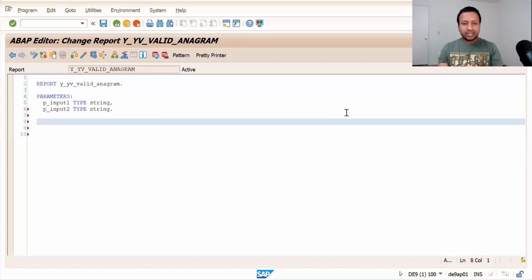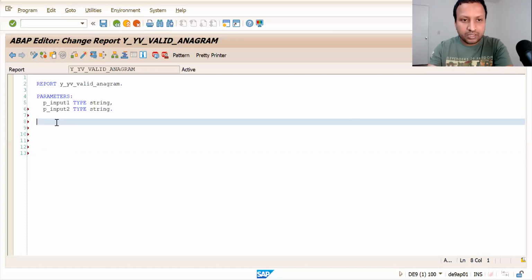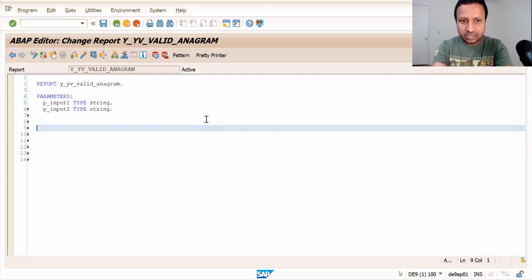Let us go ahead and code it and see how it looks in SAP ABAP. What you need to do first is take the lengths of the two input variables.